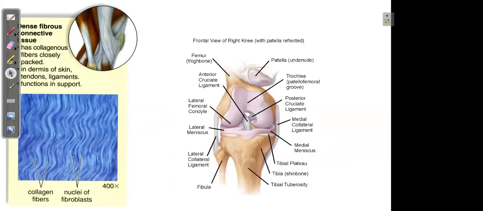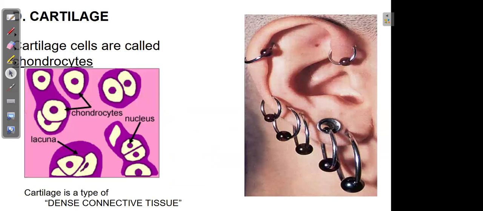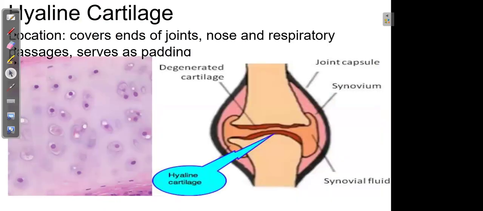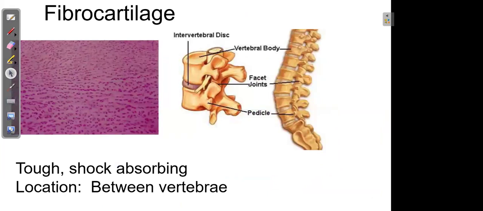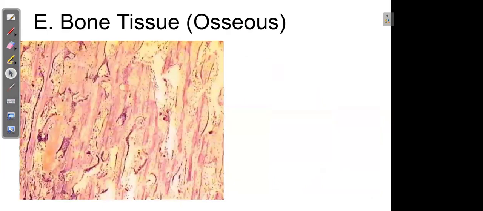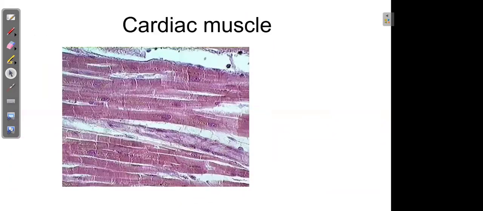Then we had done cartilages. All right. So fibrous connective tissue, the ligaments and tendons, they were used for joining either bone to bone or bone to muscle. And in cartilage, we don't need to go much into it. Bone tissue. So bone is also a tissue. It consists of,